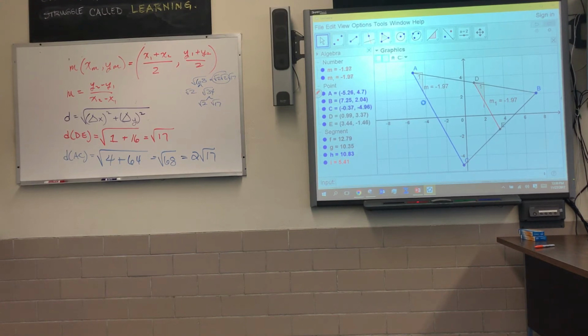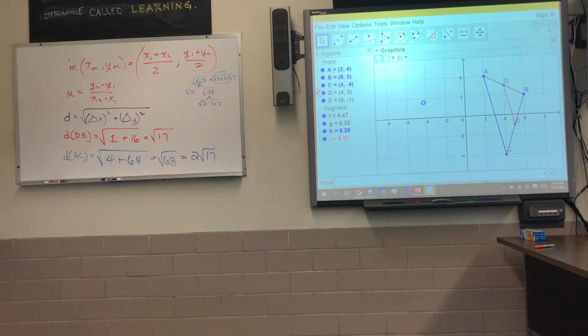Let me go back to the original picture. So the other thing we can do is look at distances. And you see these distances over here, but if we want to click on these points, or these segments, we can put them in there. Now, you might not want to every single time as you move these things around say, okay, are those twice as big or half as big? Are those twice as big or half as big? So what we can do with GeoGebra